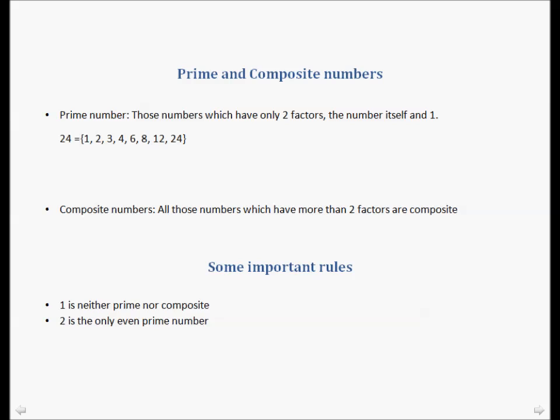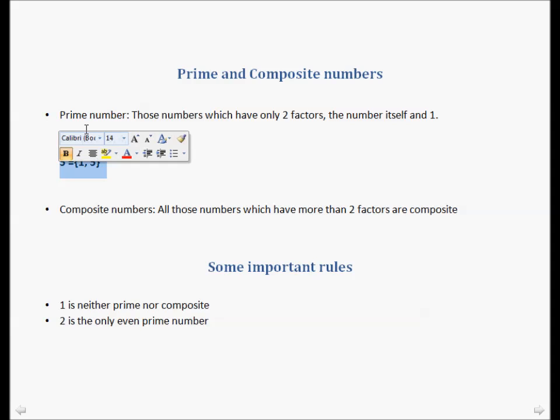Let's take a number. Let's take 5. Is it divisible by 1? Yes. Every number for that matter is divisible by 1. Is it divisible by 2? No. By 3? No. By 4? No. By 5? Yes. So factors of 5 are 1 and 5. The definition of prime number says that it should have only two factors. So 5 has only two factors, so 5 is prime. One is the number itself, which is 5, and another factor is 1, right? So this is called a prime number.